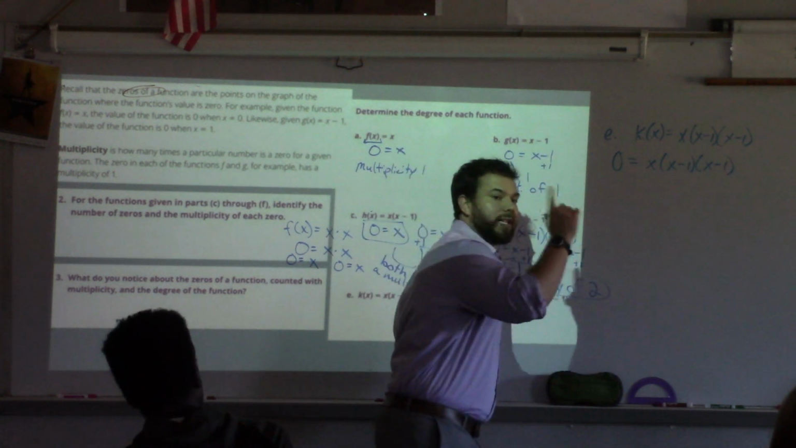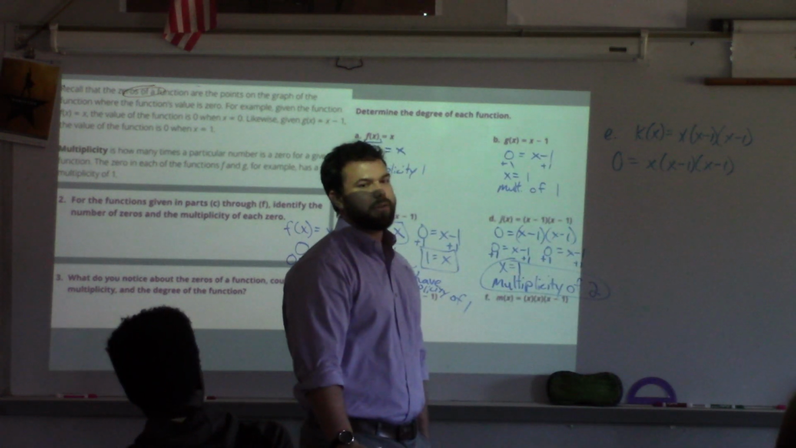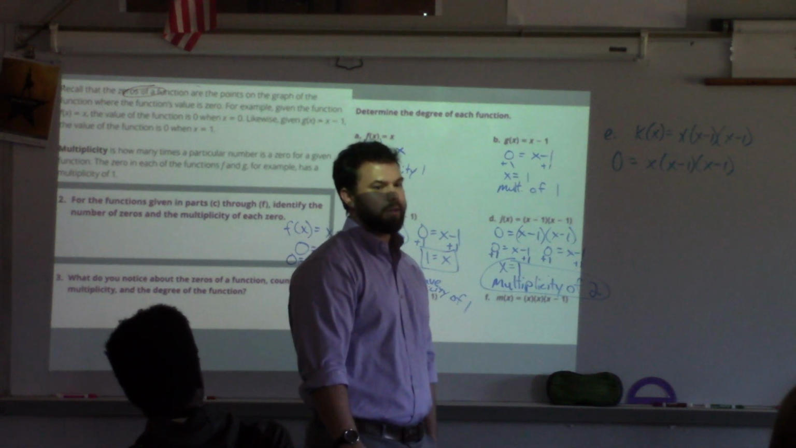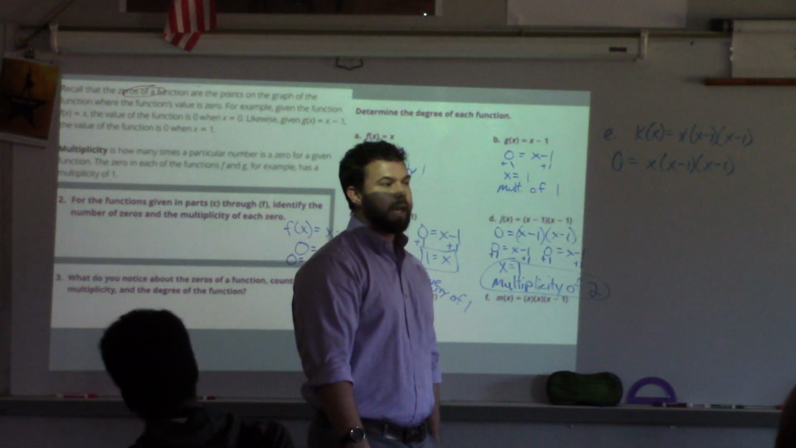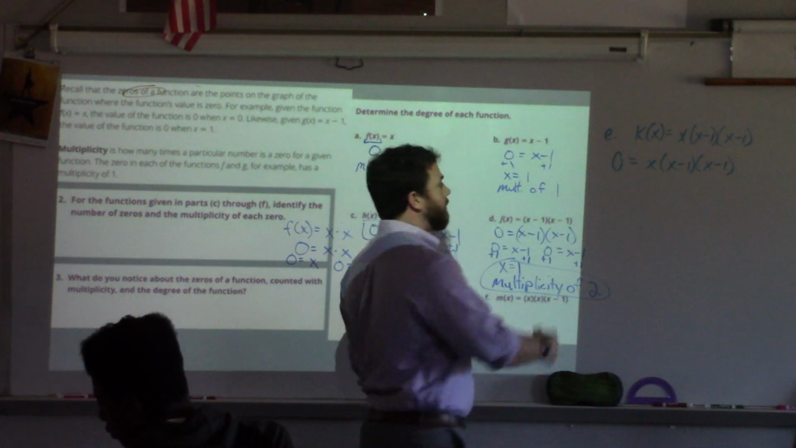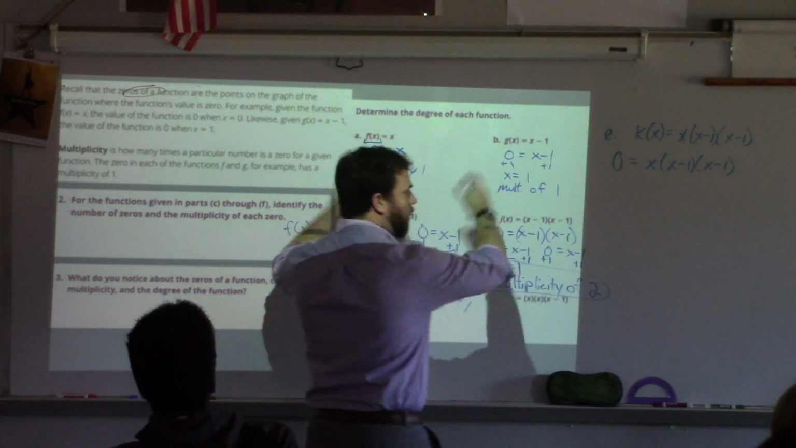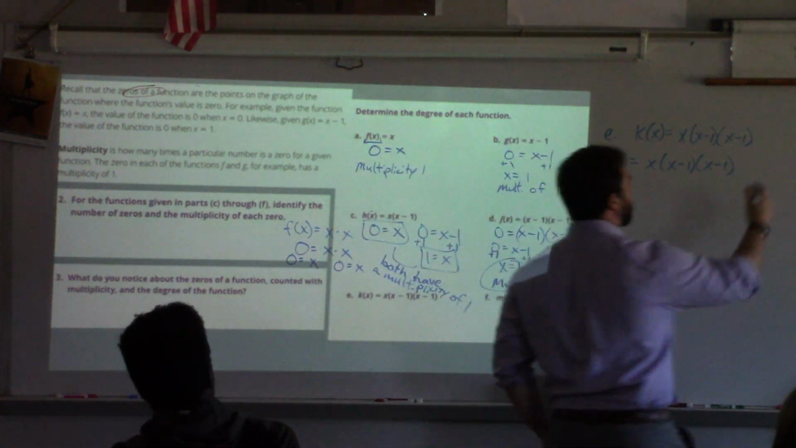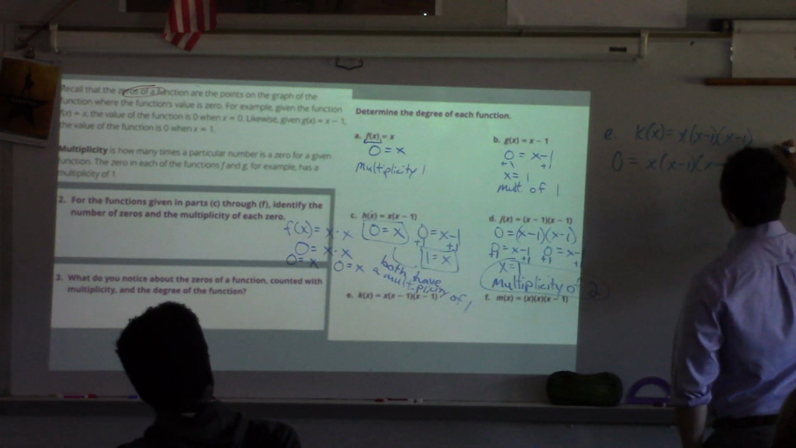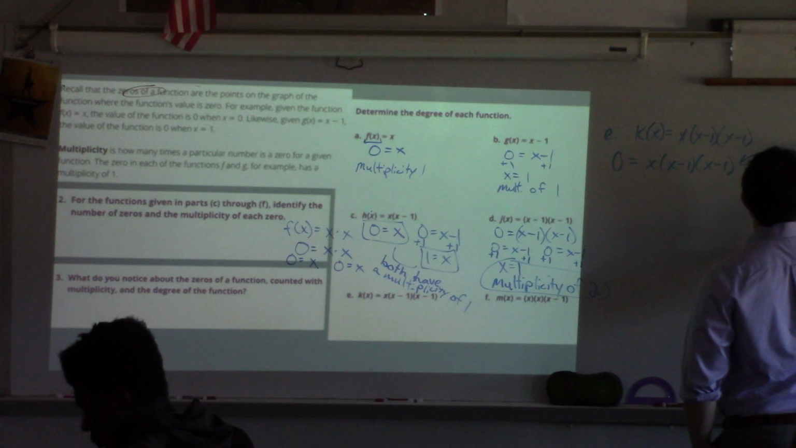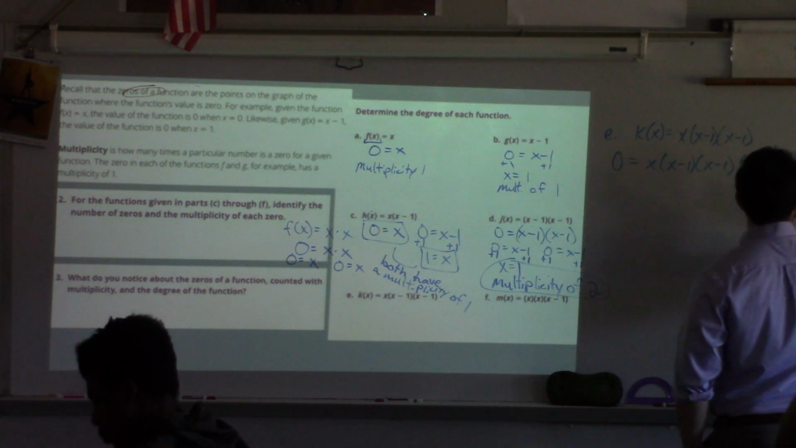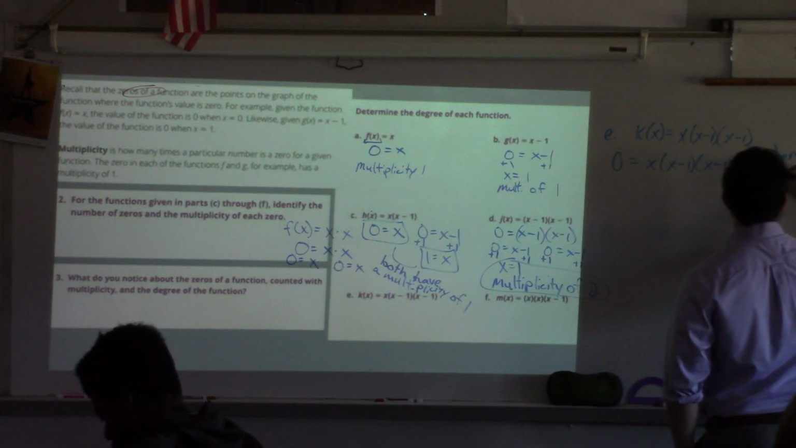Because now that it's factored, what property can I use? Zero product property. Every time. If you don't remember that detail, make a note off to the side. You need to have the note: when the polynomial, again we're going to define polynomial a little more clearly in a second, when the polynomial is factored,